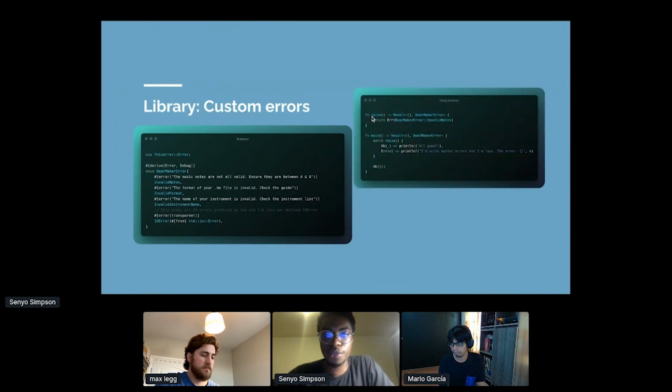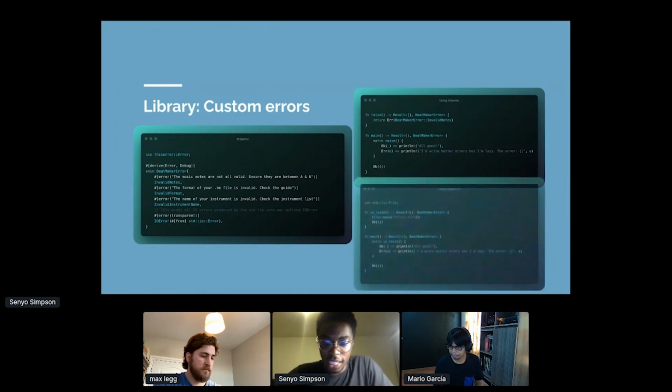So in this case, you have some function called raise, which just returns an error. And we've just got this main function which matches on that. And if it's fine, it's all good. Otherwise, I was too lazy to write a good error message, but here's the error that was generated.